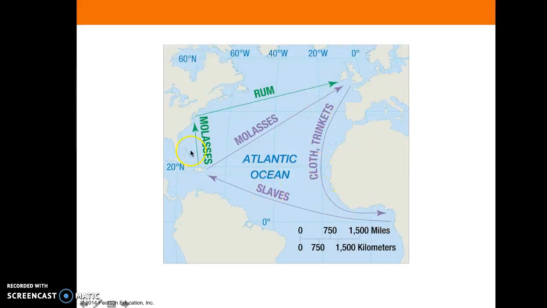Here is the trade route, right? Like the triangle trade route. You probably learned about this in history. So slaves were exported from Africa. Molasses would have come from the Caribbean islands. Then we would have exported rum back to Europe and England. Molasses would have also been exported back into England. And then you would have had cloth and trinkets from the UK traded right here back into Western Africa.